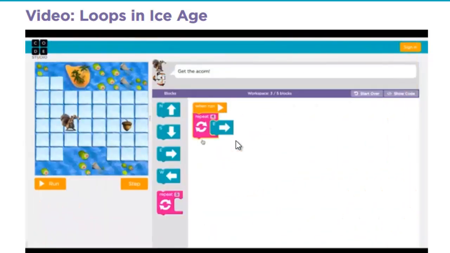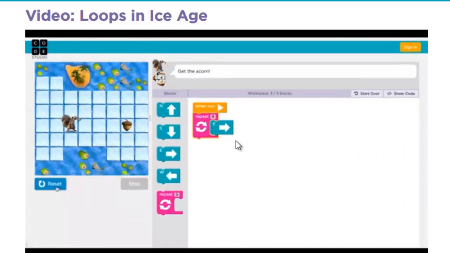This is a repeat block. It'll let you loop the code inside as many times as you tell it to. To a computer,